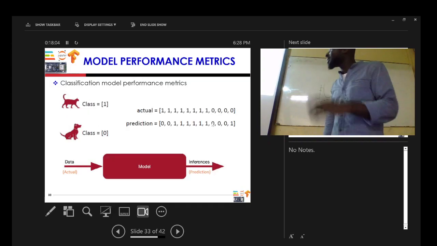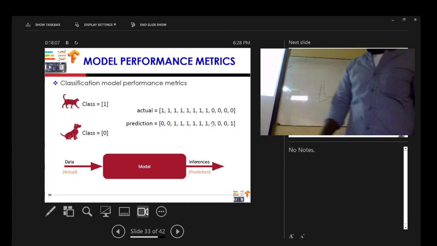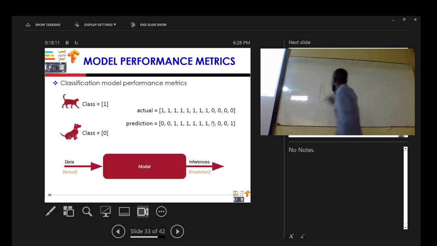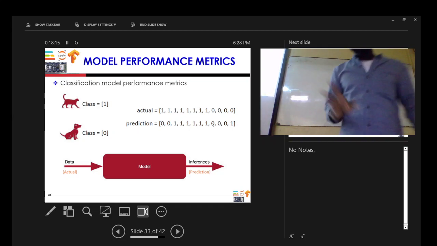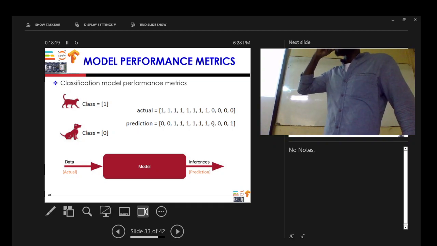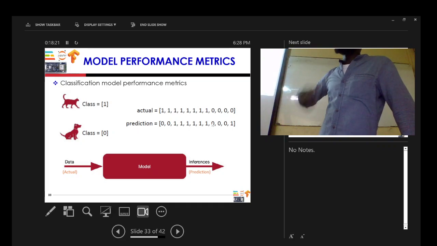Okay, so now let's go to another one. We have talked about accuracy, how to measure it, and we know how to measure the accuracy. We talked about the loss function the last time. But here we have a very, very important metric, or some kind of metrics, we use to evaluate our machine